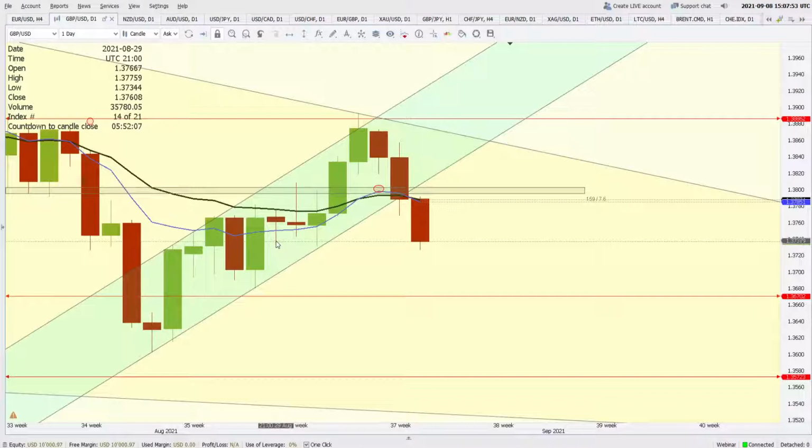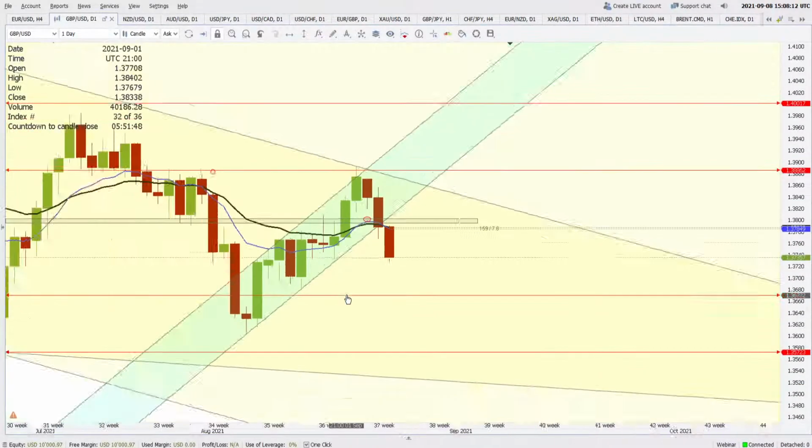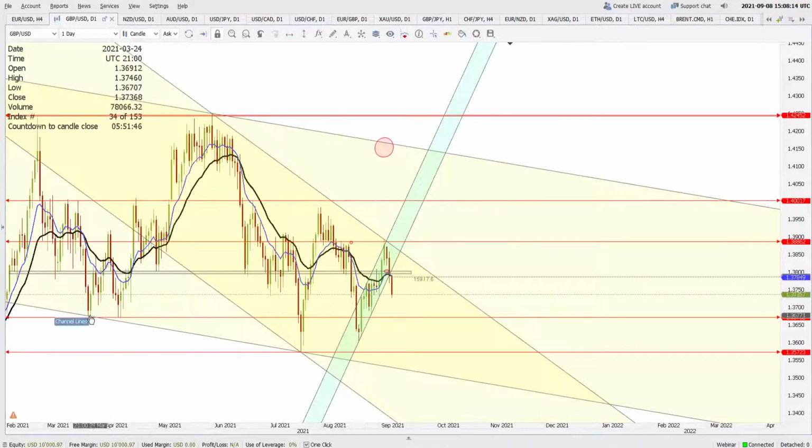This was a low at 1.3734. So today the price has given us a lower low at 1.3727. So expect more losses in this pair in the coming time. These four lows here at around the level of 1.3694 to 1.3700 may offer the fresh resistance for the price. But this 1.3670, which we have marked based on these lows here on 8th of April and 23rd